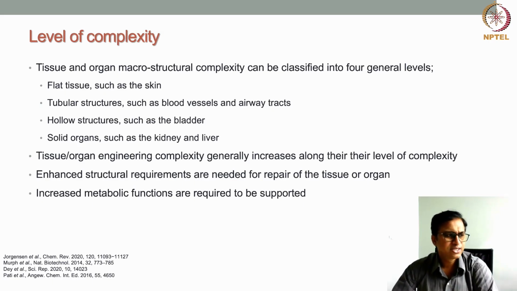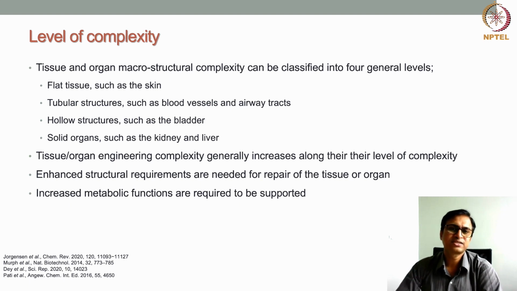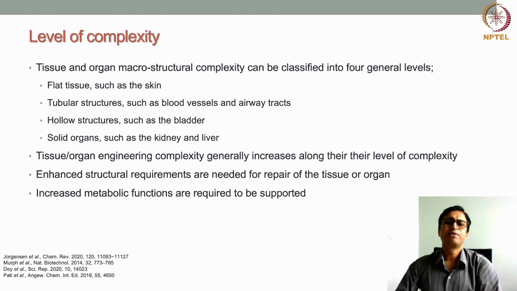In certain cases, the tissues are relatively simpler in complexity, and they are mostly two-dimensional, flat tissue structures. But in certain cases the organs are very complex, with a very typical macrostructure and microstructure, and they have different compartments. Their microstructure is very different. So we'll discuss some of these aspects, like how we can classify them